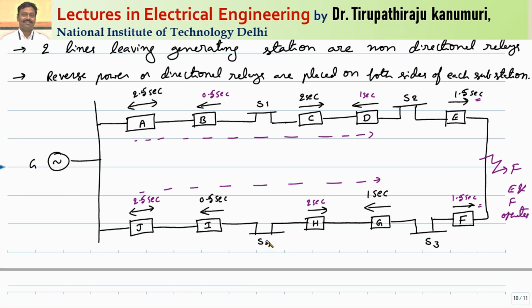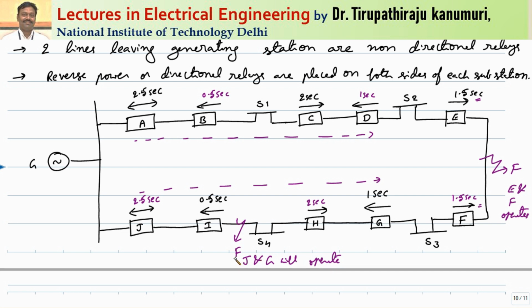So let us take some other case. Let us assume the fault has happened here. So for this fault, what will happen? Relay number I is not supplying to this one. So which relay is supplying to this one? Because the fault current will pass like this, right? And the fault current will supply like this. So which relays will operate? So if the fault happens here, then relay number J and relay number G will operate. Relay number J and relay number G will operate for this fault.